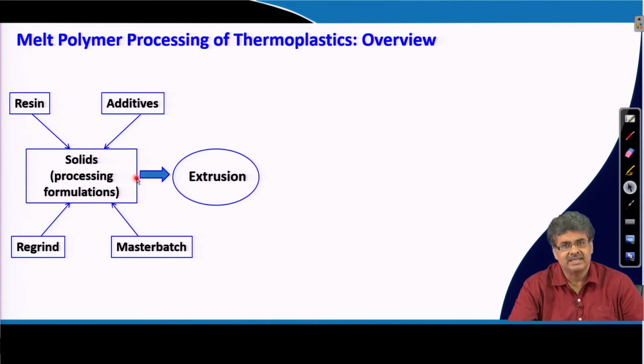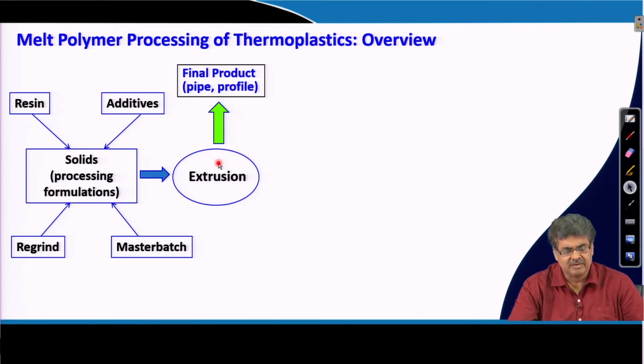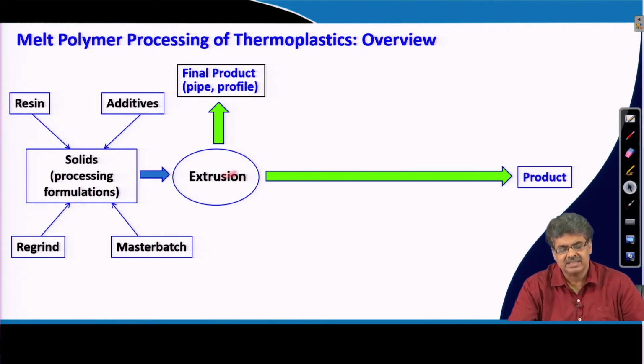Basically, we melt it and do a step called extrusion. And as I said, from this extrusion step itself we can make some simple products like pipes and sheets,